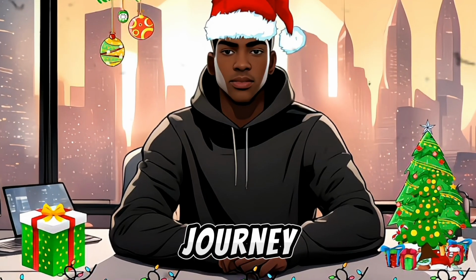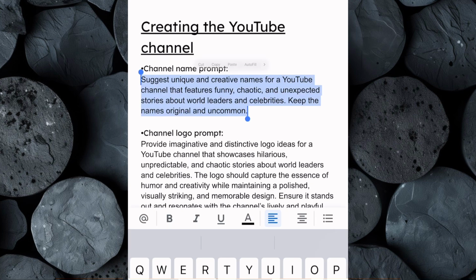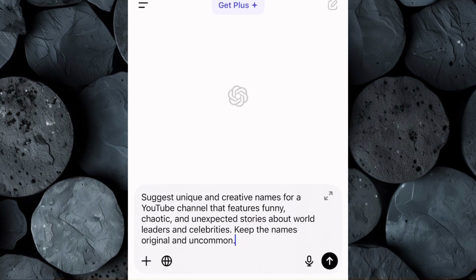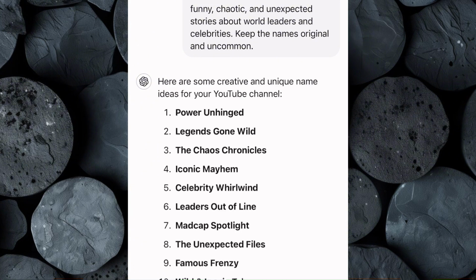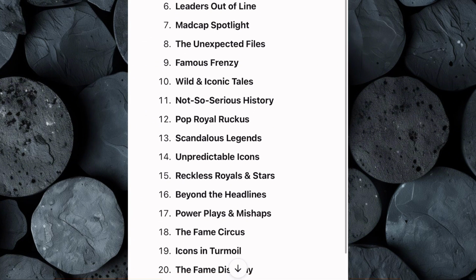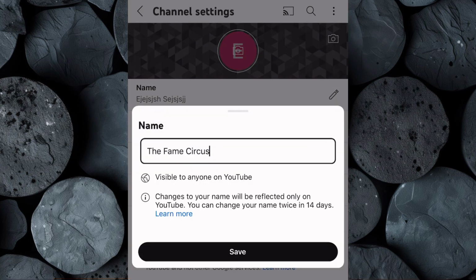The first step in our journey is setting up your YouTube channel. Start by heading over to the Google Doc and copy the channel name prompt. Next, open ChatGPT, paste the prompt, and hit enter. ChatGPT will generate a variety of creative channel name options. Browse through them and select the one that resonates with your vision. Once you've chosen a name, go to the YouTube channel creation interface, paste the name into the name field, and